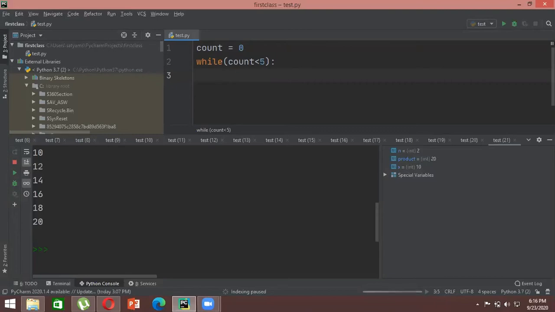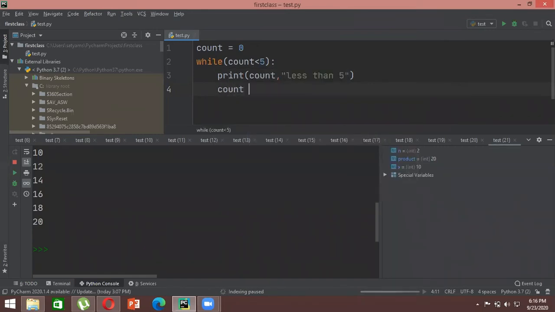Okay, so I can just write while count is less than 5, print the count. Say I add something saying that less than 5. What this particular command will do is, it will first print the value of the count followed by this particular statement, that is less than 5. Okay, and then now I have to update my count also, right? Because it is a while loop, so you have to keep on repeating the loop. So I'll just update my count also.